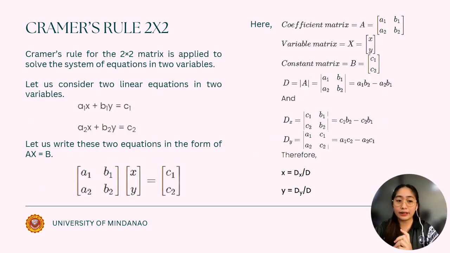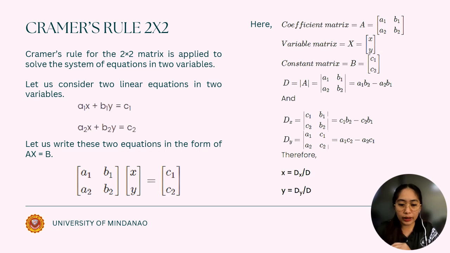So let us further understand the Cramer's rule concept by discussing it specifically in the 2 by 2 matrix and later on the 3 by 3. Cramer's rule for the 2 by 2 matrix is applied to solve the system of equations in two variables. Let us consider the two linear equations in two variables, which are a sub 1 x plus b sub 1 y is equal to c sub 1, and the second equation is a sub 2 x plus b sub 2 y is equal to c sub 2. So first, let us write these two equations in the form Ax = B,